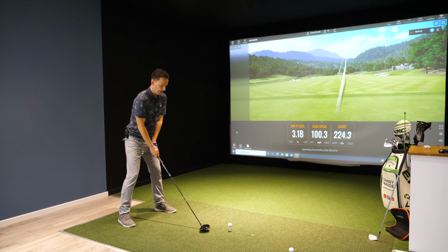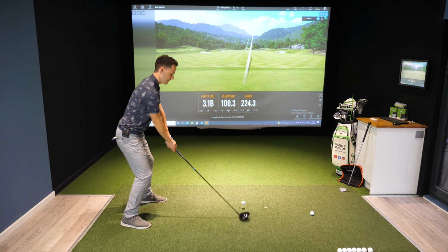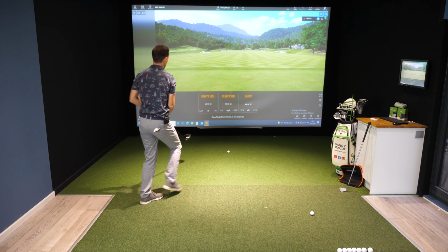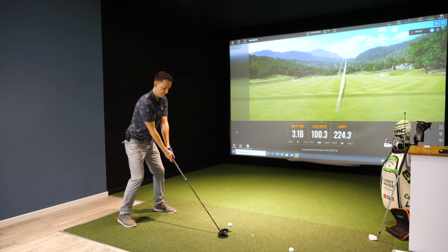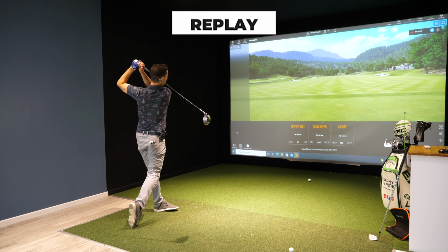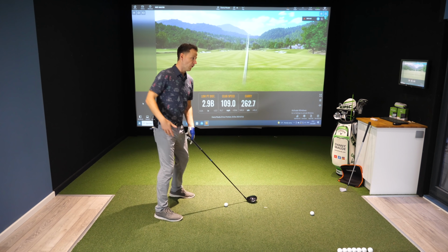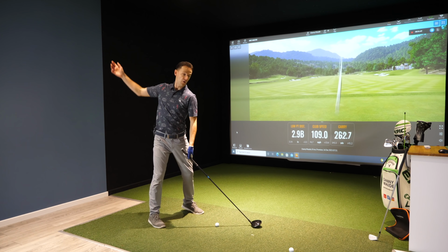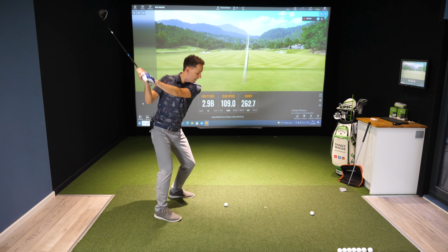So again, start really small initially, and we'll see how we go. So nice and easy to start with. And look at that, so we rack up there from 109 club head speed, 262 carry. And bit by bit now, we'll start to ramp it up. And all I've done to do that is I've just applied more force. So the force isn't, by the way, using my mass to go this way. I'm literally forcing the club and swinging my arms up, and then got that feeling of stepping, and then forcing